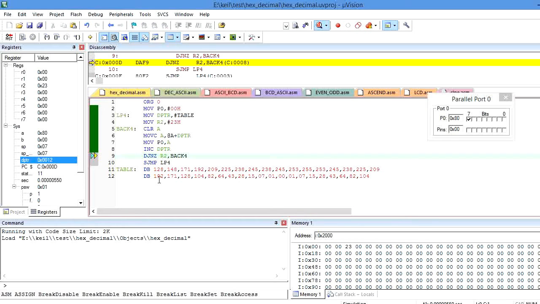It keeps on executing this loop until R2 becomes 0. Whenever R2 becomes 0, it completes one complete cycle of the sine waveform, that is 0 to 360. Again I need to plot one more sine waveform, so I am going to short jump to loop 4. Again it comes to MOV DPTR, #table, and fetches the same values of the table in order to plot the second waveform of the sine wave.